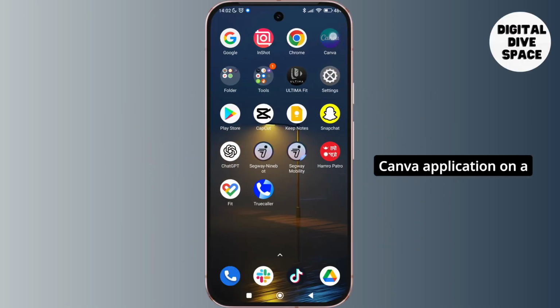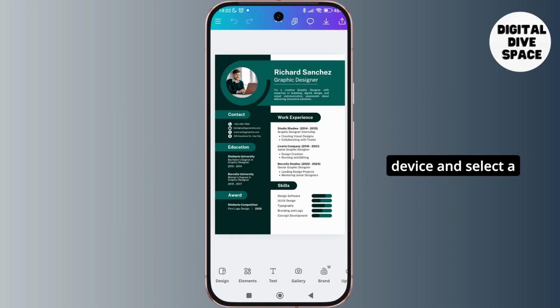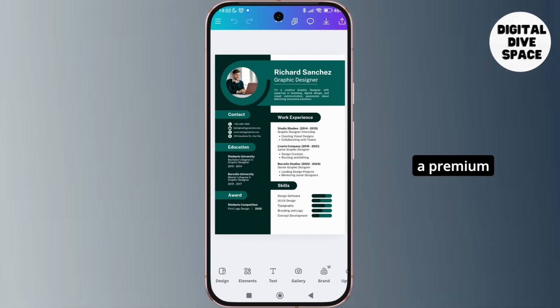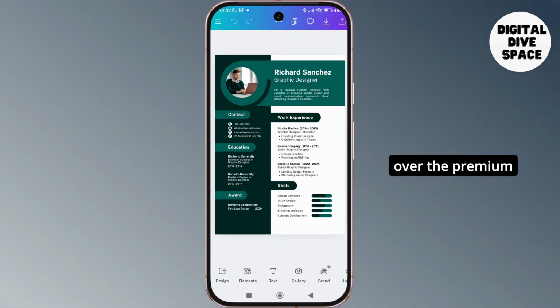Now first of all, launch the Canva application on a device and select a project over here. As you can see, I've already selected a project. Now if you want to resize the page in Canva, you need to have a premium version of Canva. Now I do have the premium version of Canva, so I'm going to simply tap on the